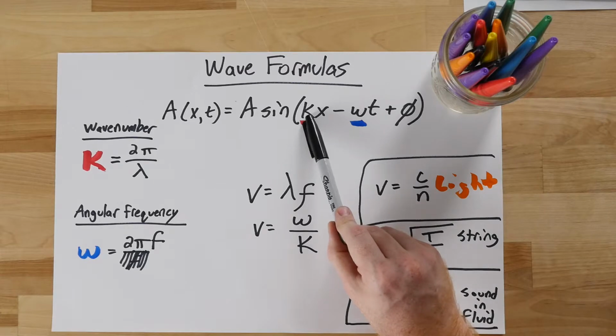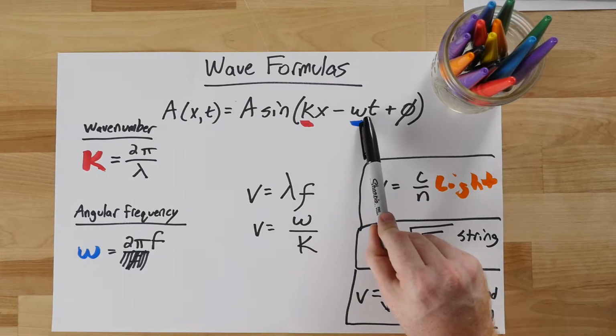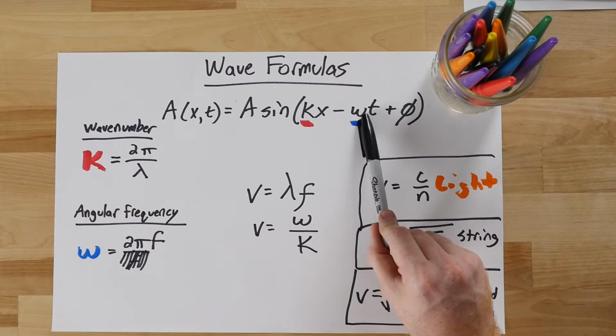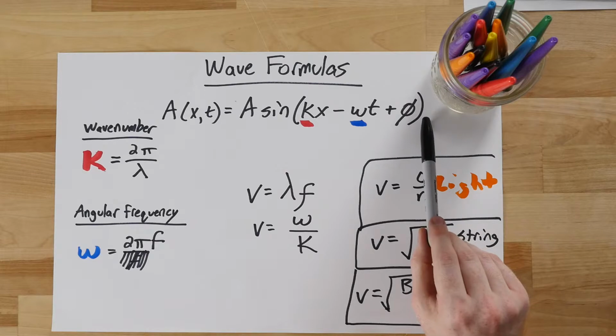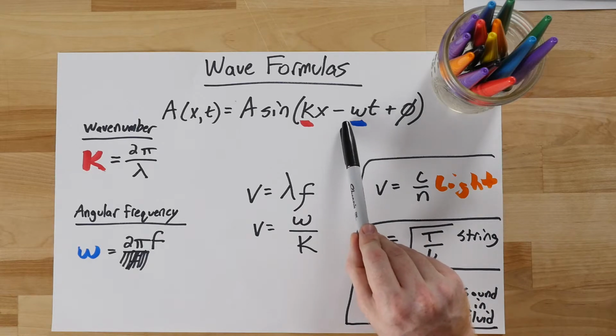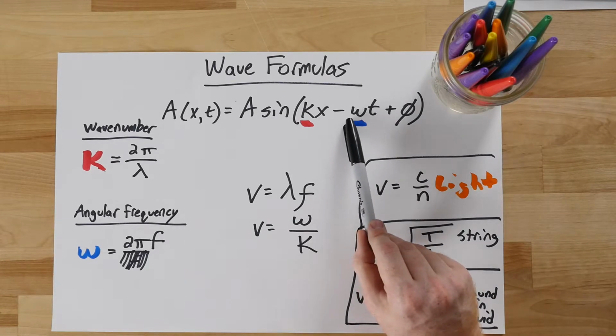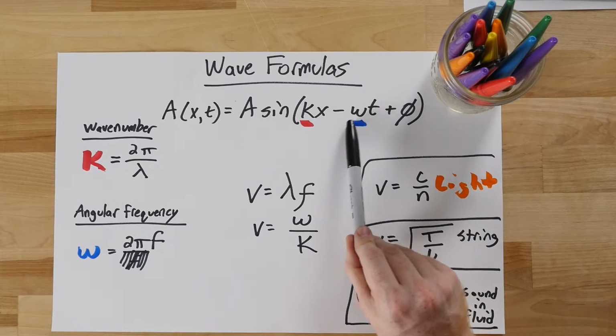K represents the wave number of the wave, and we'll explore that in a moment. Omega represents the frequency of time propagation of the wave, and phi represents the phase shift. This phase shift allows us to horizontally move our wave in time and space to fit whatever thing we're observing. Notice that there's a negative sign in front of omega. This is the convention we use to describe a wave propagating in the positive direction, which in most cases is